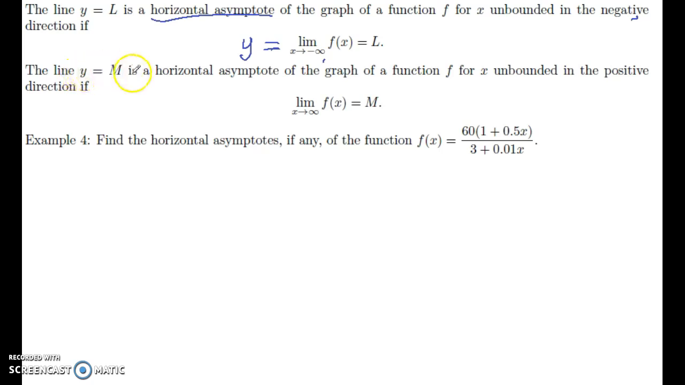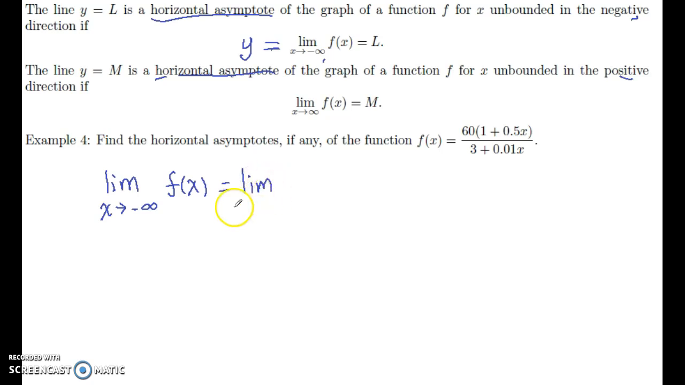Also, the line y equals m is a horizontal asymptote for the function f for x unbounded in the positive direction if the limit as x approaches positive infinity of f of x equals m. So basically, to find the horizontal asymptote, we need to evaluate two limits. The first one is when x approaches negative infinity of the function f of x, which is